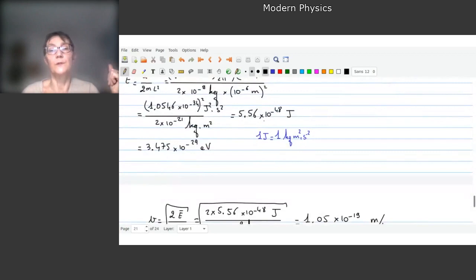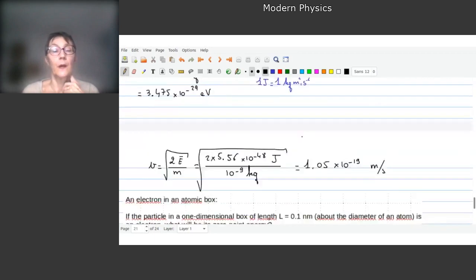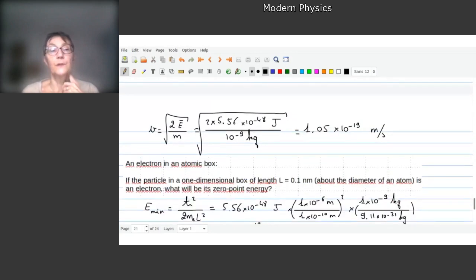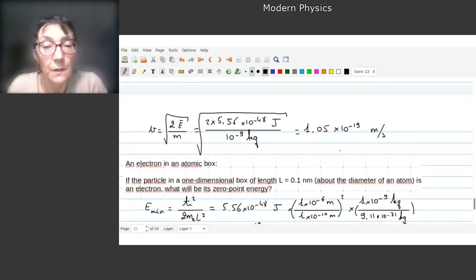you will find that this is a very, very small energy, 10 to the minus 48 joule, and even if you write it in electron volts, 10 to the minus 29 electron volts. So this is really very, very small. And if you calculate the velocity corresponding to this, you will find that it is of the order of 10 to the minus 19 meter per second. So this is why we won't observe it